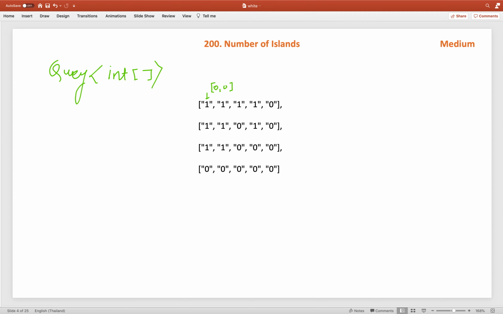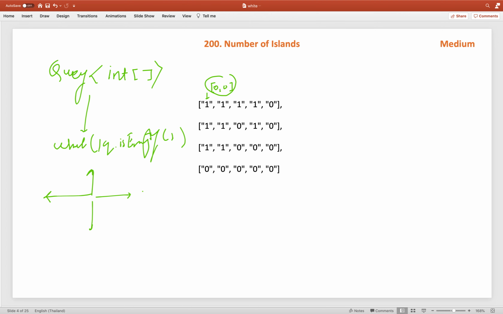So once it is 0 comma 0, we know we will add it into the queue, and then we will fetch from the queue, and we will run a loop until the queue is not empty. Then, in the VFS approach also, we will again try to see the 4 directional thing, like for all the 4 directions of the current coordinates for 0 0.